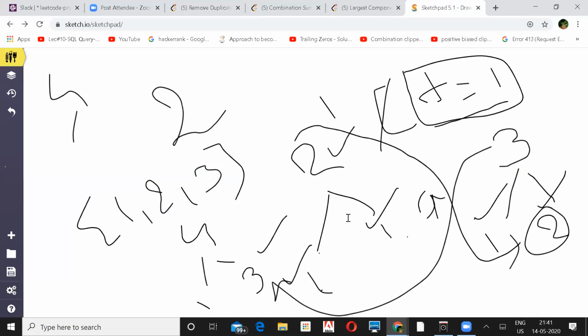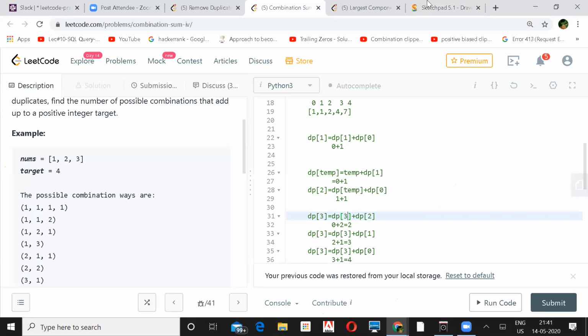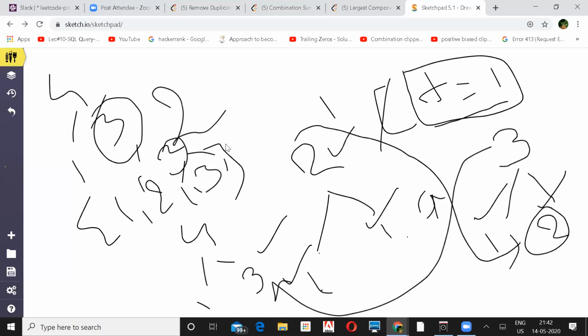Like if I use 1, then rest is 3. Now what are the ways of getting 3? Then what are the ways of getting 1 and 2? What are the ways of getting 2? And then I'll add subsequently from bottom up. But yes, it's first from top down, which in this recursion tree, when you are computing 3 and then you are caching it, basically that is your dp3.